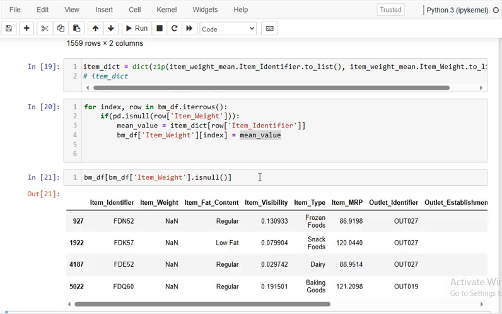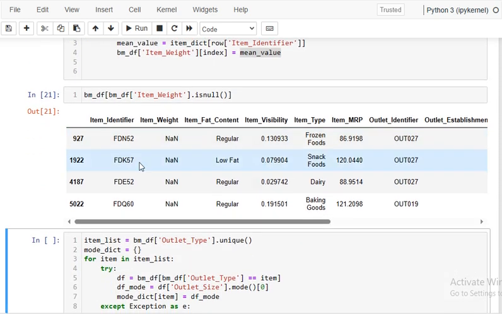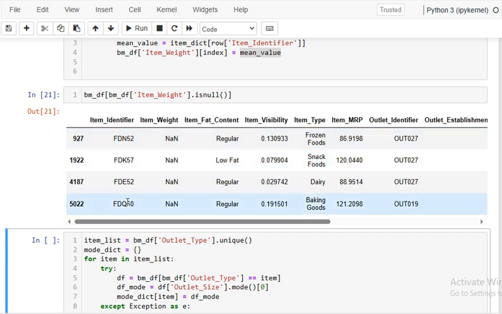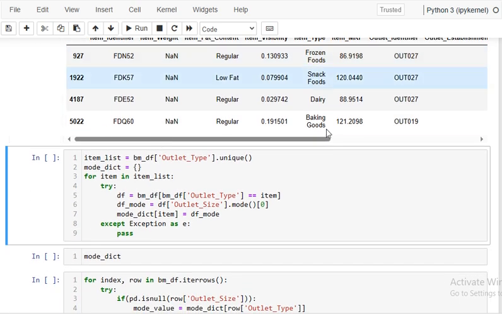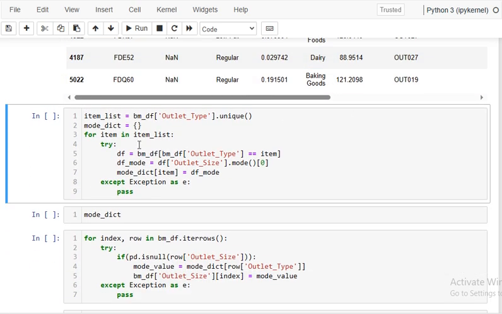So you will check. Now most of the values are filled, but these values are not filled because these are the unique numbers. Okay, and these unique products are having null values, so no issues. We will drop these items. Then the same thing you have to fill for the outlet type,